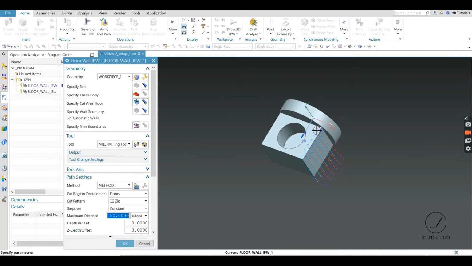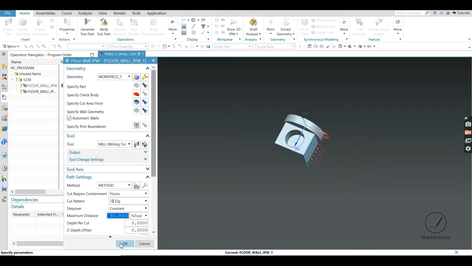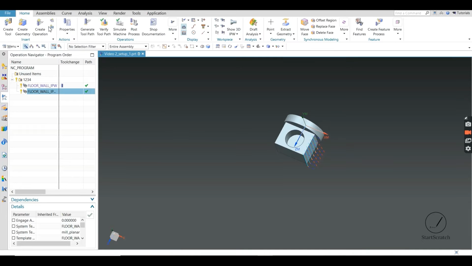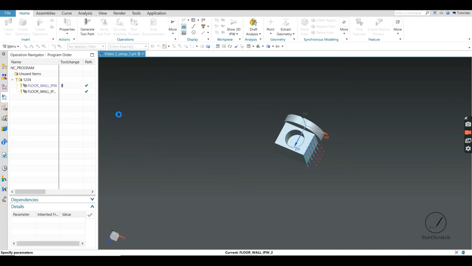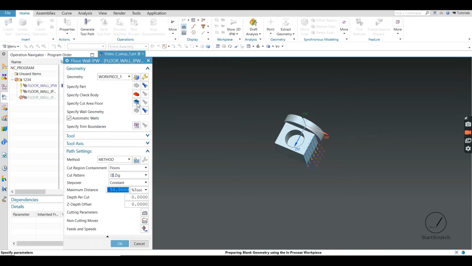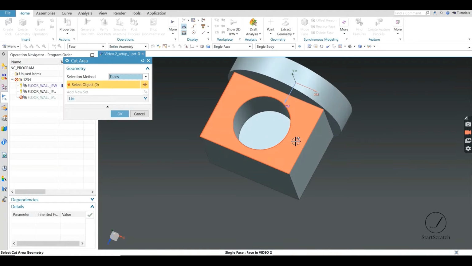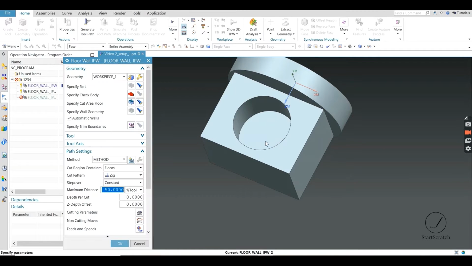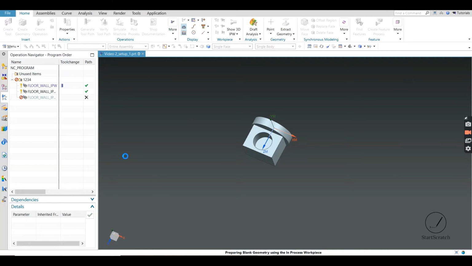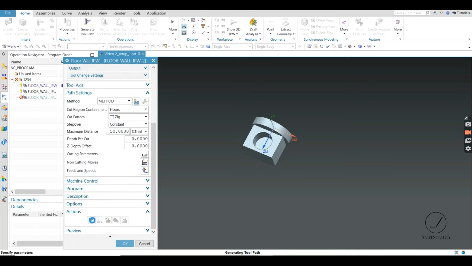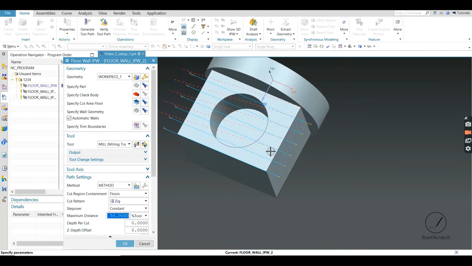See, the same tool path is generated on the other face as well. Same for this face.